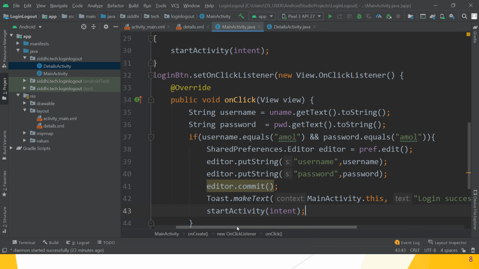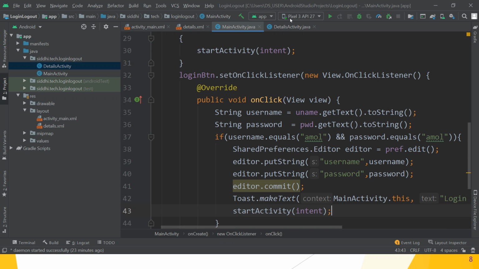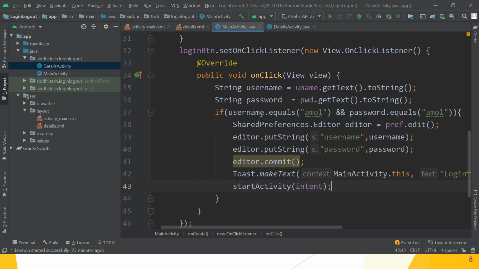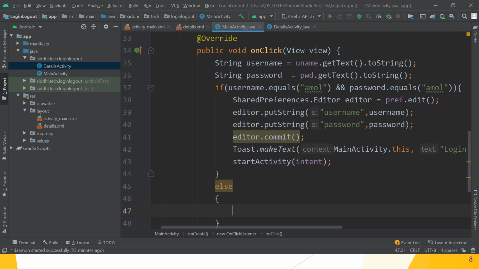So what happens? The screen is switched from main activity to details activity dot java or the details XML design view. Guys, hope you understand this part. Great. Then else, what?